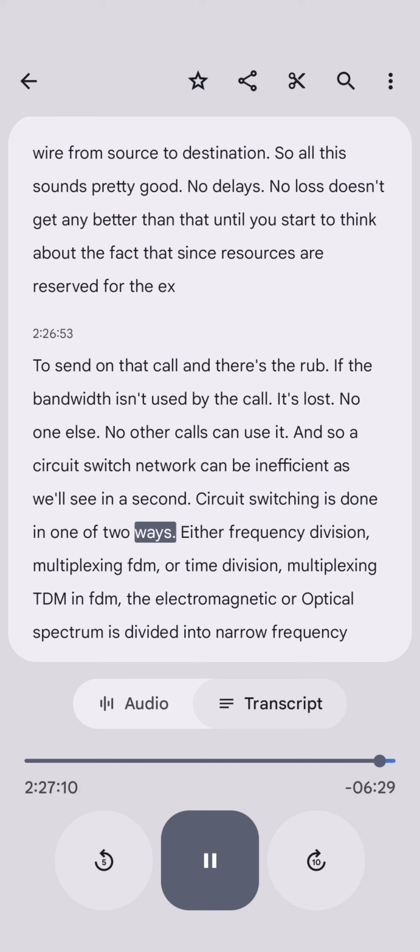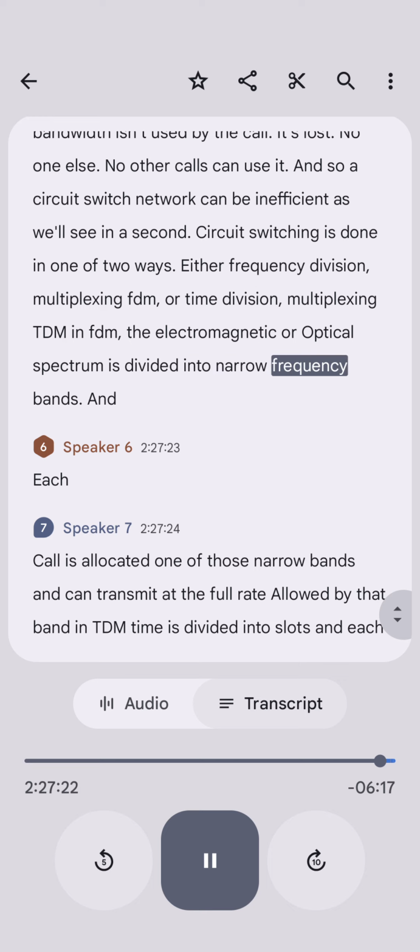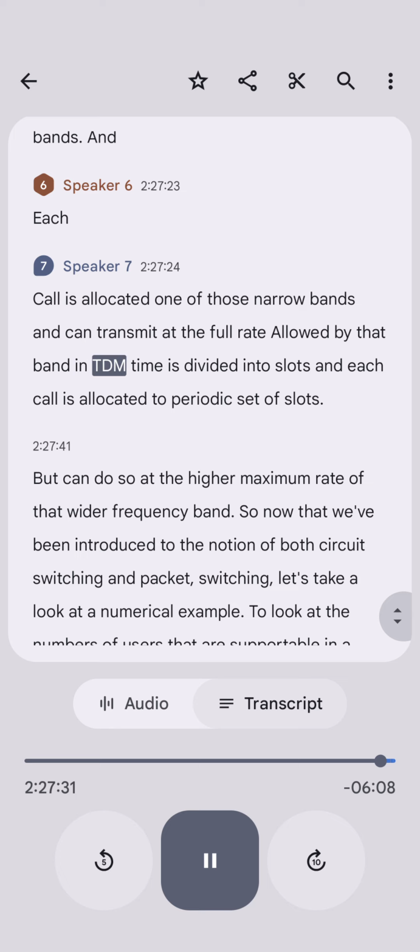Circuit switching is done in one of two ways, either frequency division multiplexing, FDM, or time division multiplexing, TDM. In FDM, the electromagnetic or optical spectrum is divided into narrow frequency bands, and each call is allocated one of those narrow bands and can transmit at the full rate allowed by that band. In TDM, time is divided into slots, and each call is allocated a periodic set of slots. The source can transmit only during its allocated time slots, but can do so at the higher maximum rate of